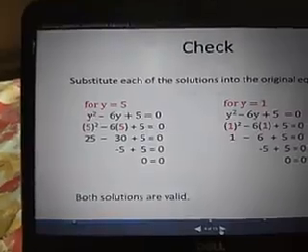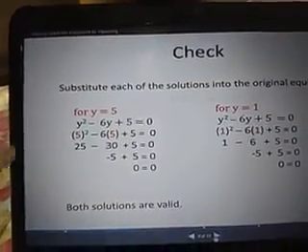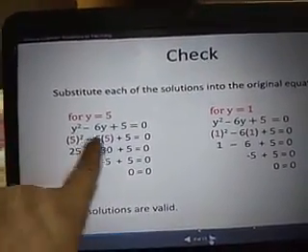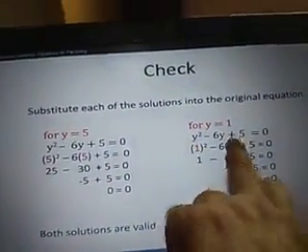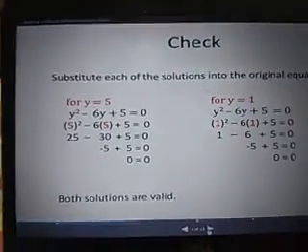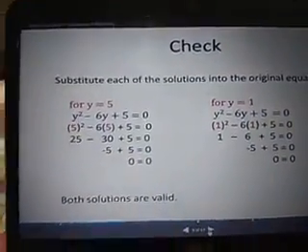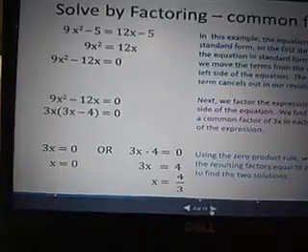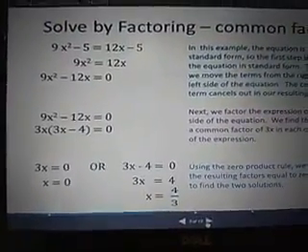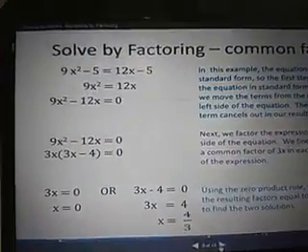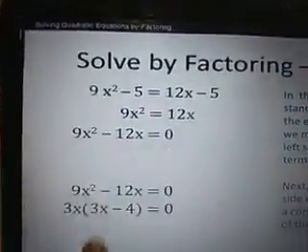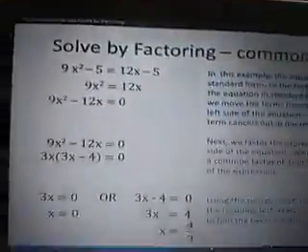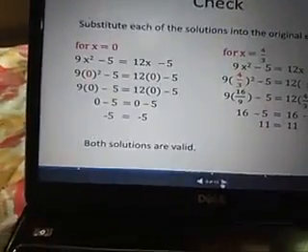Now we can also check the solution by this method, by putting in the value of the first root or the second root, and if it satisfies the equation, then it is the correct solution, right? Another example is this one. We get all the values on one side, then solve it, and we get the answer for that.